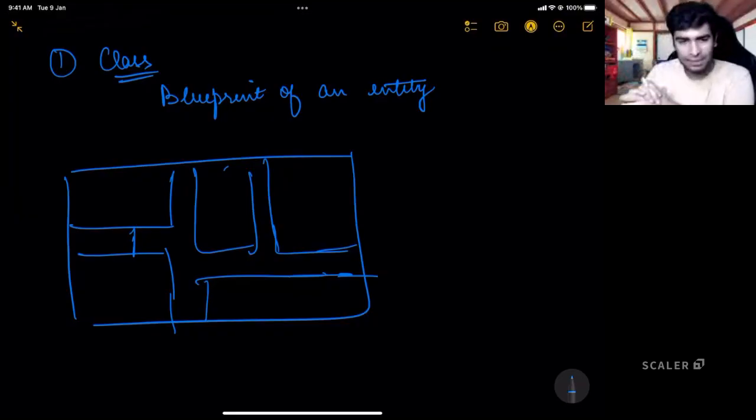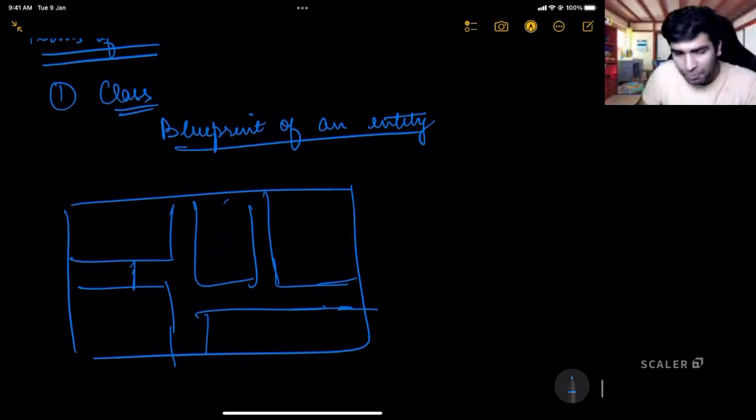So a class says that for a particular type of entity, what will be the different things inside it? What will be the different attributes, and what will be the different behaviors? For example, for Scaler, there might be a class called student.